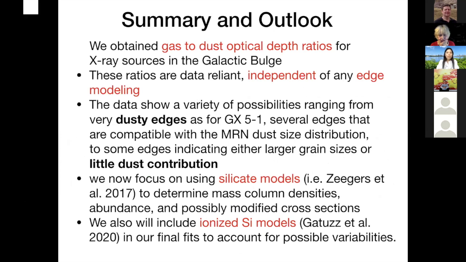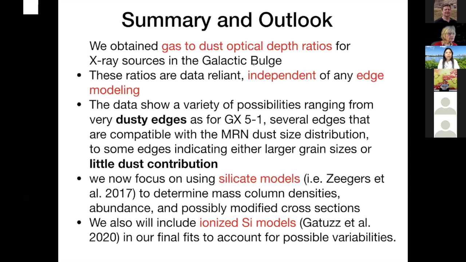So finally, we have obtained the gas to dust optical depth ratio for X-ray sources in the galactic bulge. These ratios are data relevant and completely independent of any edge modeling. This data shows varieties from very dusty edges, as for GX 5-1, to some sources with only little dust contribution, for example,